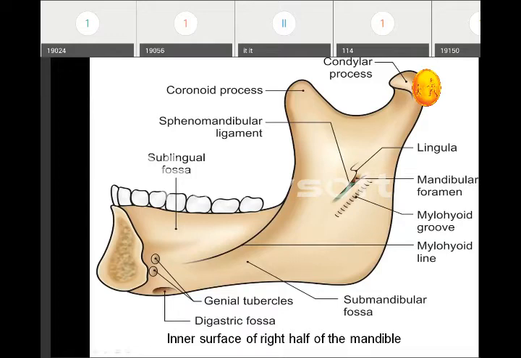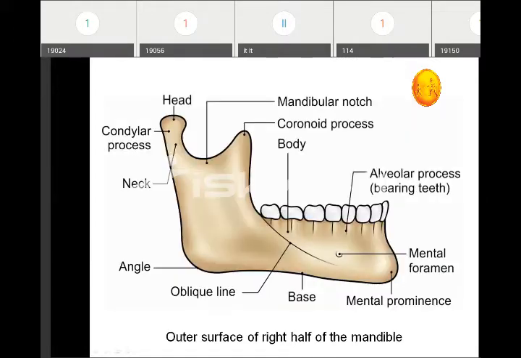Just behind the symphysis menti on the inner aspect, there are 4 genial tubercles. You can appreciate here, this is the half portion, so 2 genial tubercles are shown here that give attachment to 2 different muscles. Okay. Just below the genial tubercle, there is a depression known as the digastric fossa. Again, you can remember it from the name of this fossa. Here there is attachment of the digastric muscle. Okay, that is about the inner surface of the body of the mandible.